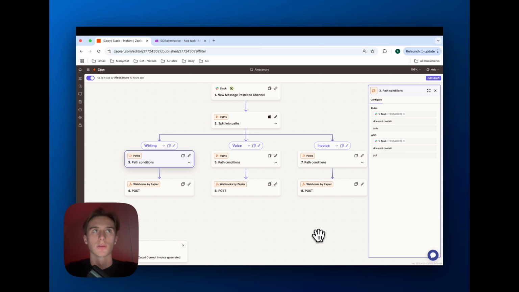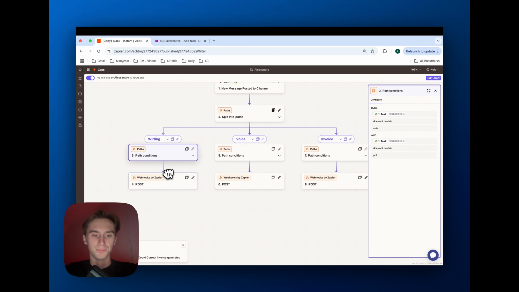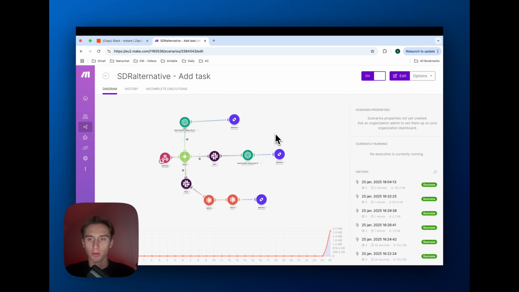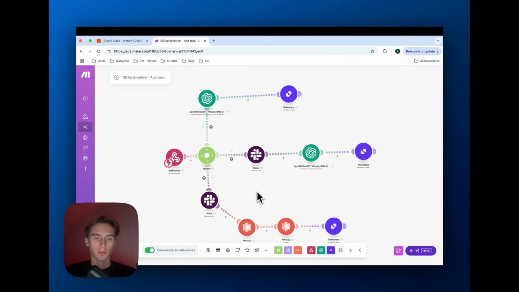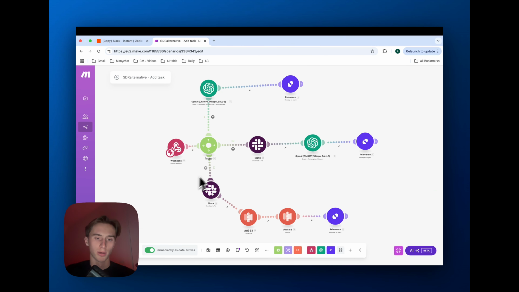It's not difficult at all. And then we trigger the webhook, which I won't show you. Otherwise, you'll be able to spam my make.com account, which I don't want. But yeah, very simple, very easy. And then we have the same thing on Make. So this is what it looks like. Here this is the main webhook, and then we have a router, which is the same thing as paths on Zapier. So we have different kinds of filters. So for example, this one